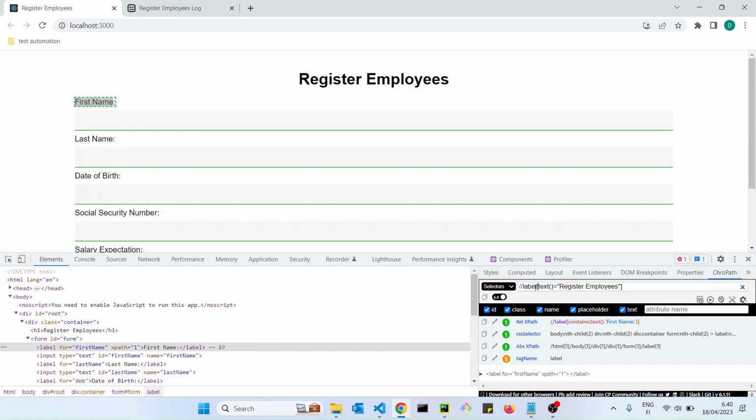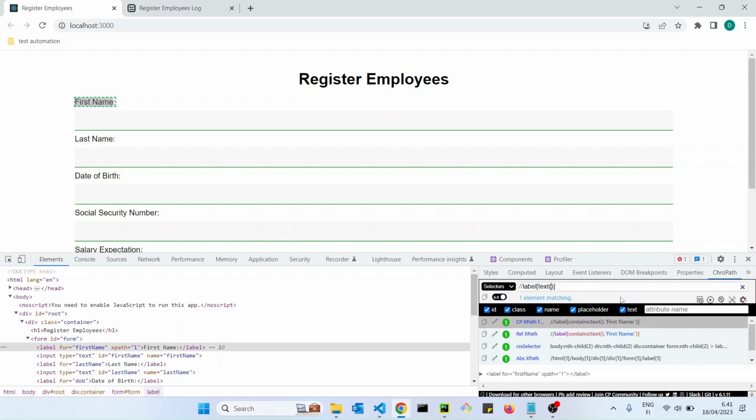So we have label and we have the text of first name. Let's see. Yes, I made a mistake because there is a colon, and so this should introduce us to the next strategy. So you see, I made a mistake by not bringing the colon, so now it sees it. But if I didn't use this, there is another